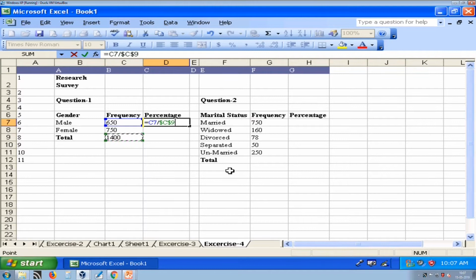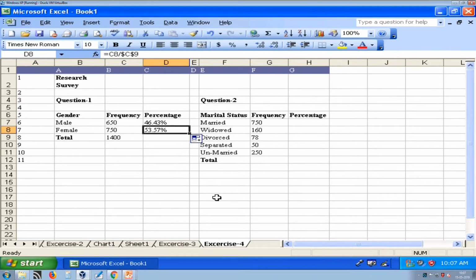What does that mean? It means your cell reference for this value is fixed. C9 is fixed for this formula. So, when I copy this formula, it always uses C9 for division.